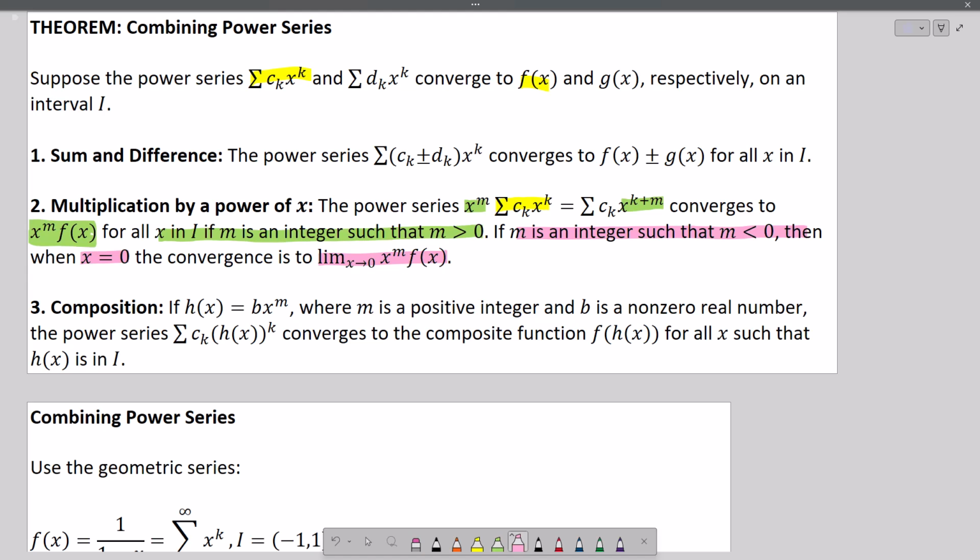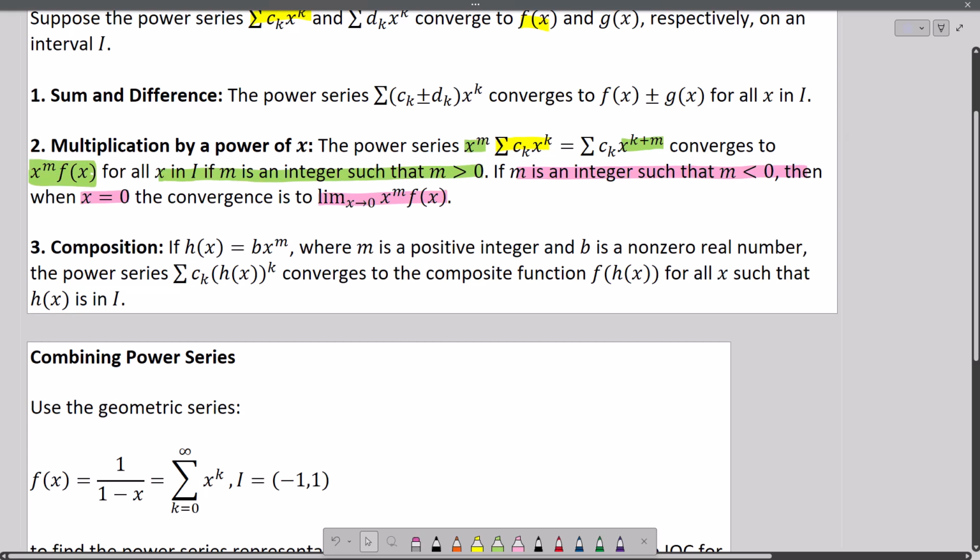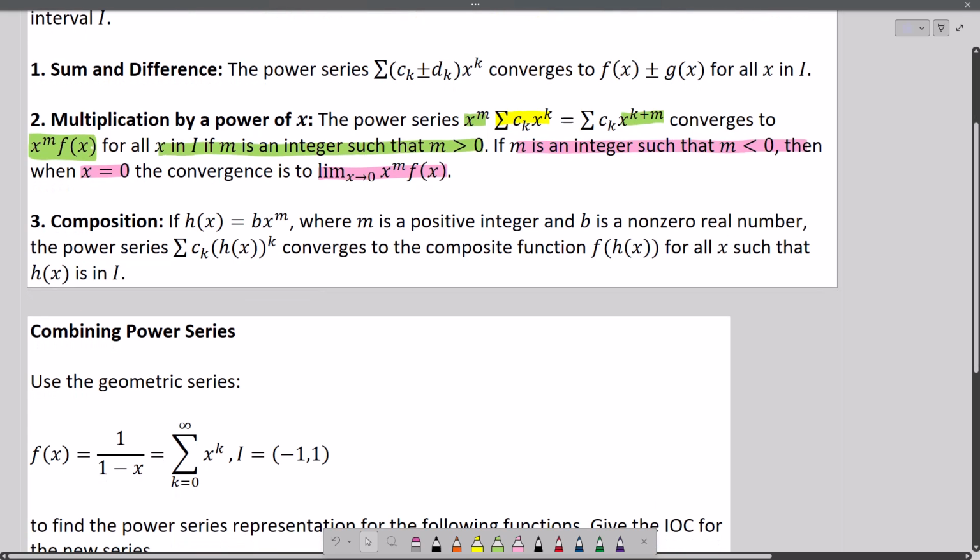So power series, you always have to have positive exponents or 0. But anyway, it's not a case that we're going to pay much attention to, but that's why that is there, because you could be dividing by x here. And if you're dividing by x, it's undefined, so you have to take a limit. All right. Now,